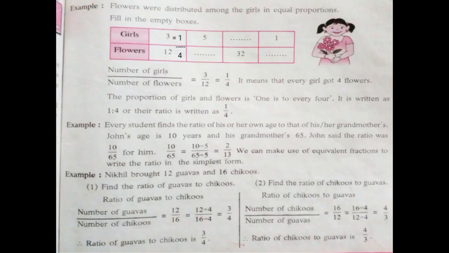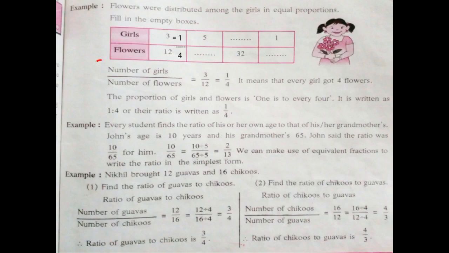3 ones are 3, 3 fours are 12. 3 get cancelled. So what will remain? Ratio will be 1 upon 4. So in the first column you have to write the answer 1 upon 4. Number 3 on numerator and number 12 on denominator are going in the same table 3, and you are getting the answer in the ratio form 1 upon 4. So all 4 columns should get the ratio 1 upon 4.